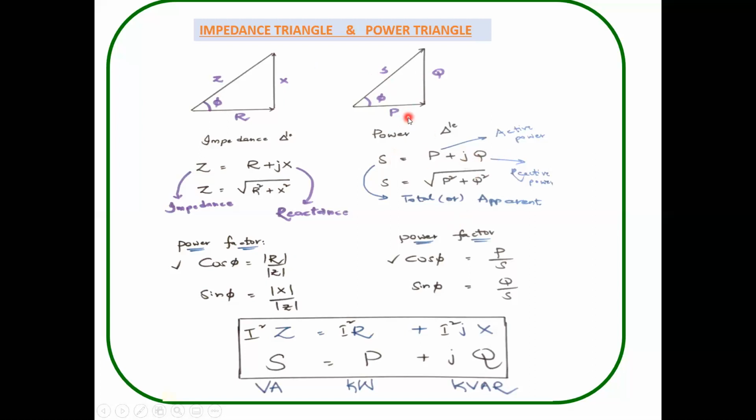And from this particular triangle, observe one more thing here. This one plays a crucial role in the entire electrical subject. Cos phi is adjacent, which is P. P stands for active power, to the total power, the hypotenuse: P by S. And the units are: S is total power in volt amperes, P is in kilowatts, and Q is in kilovolt ampere reactive. This one plays a crucial role. Try to remember all these things.